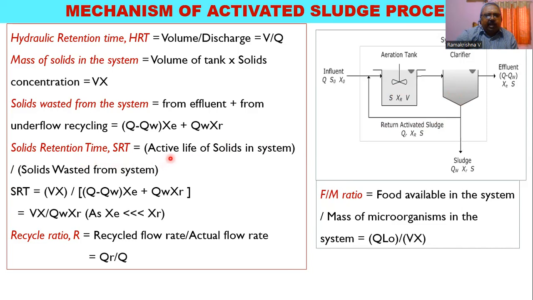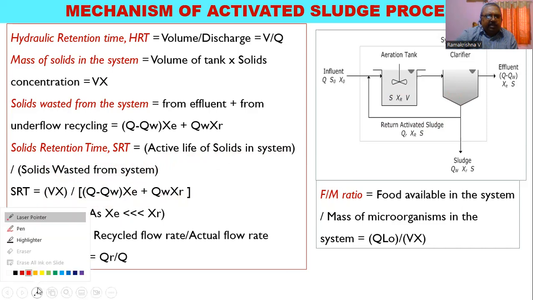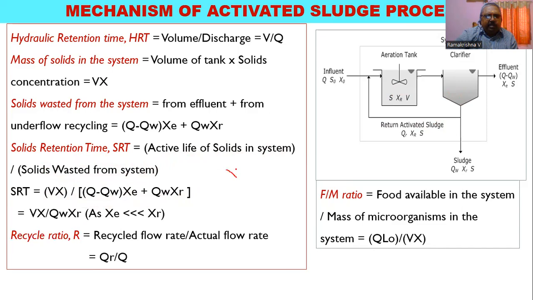It's called the active life of the solids in the system divided by solids wasted from the system. That is nothing but how much solids are present here, Vx, divided by what is leaving, (Q minus Qw) Xe plus Qw Xr. Here, the concentration of Xe will be very, very small compared to that of